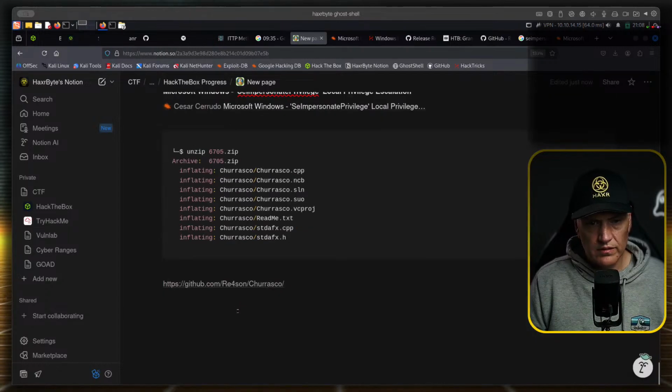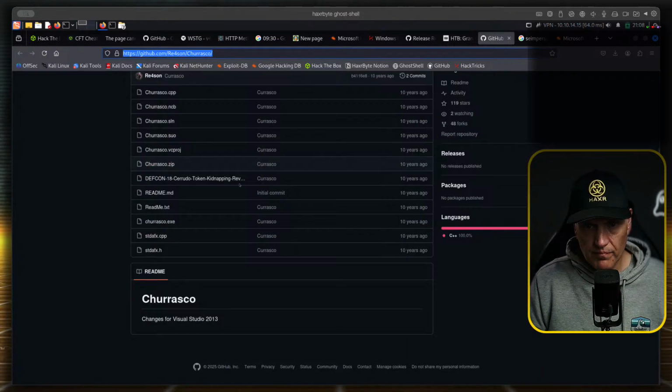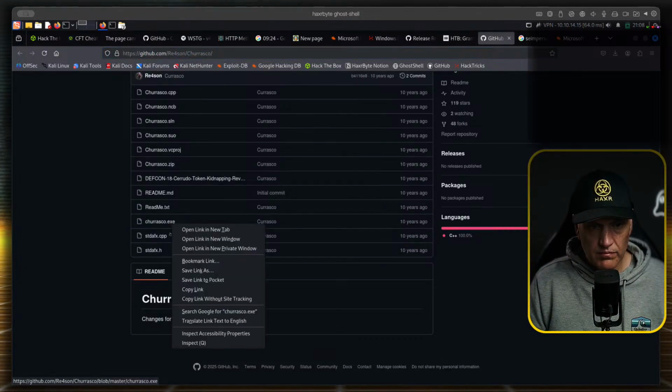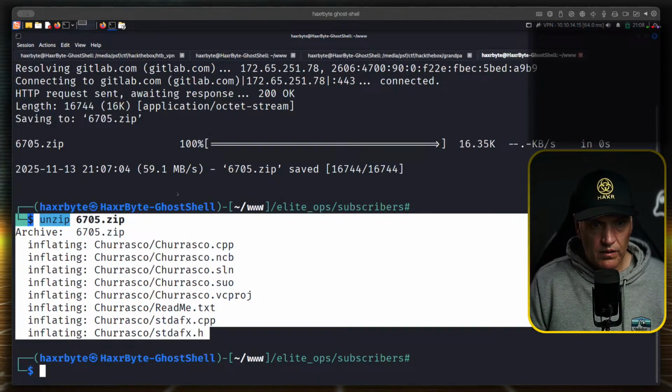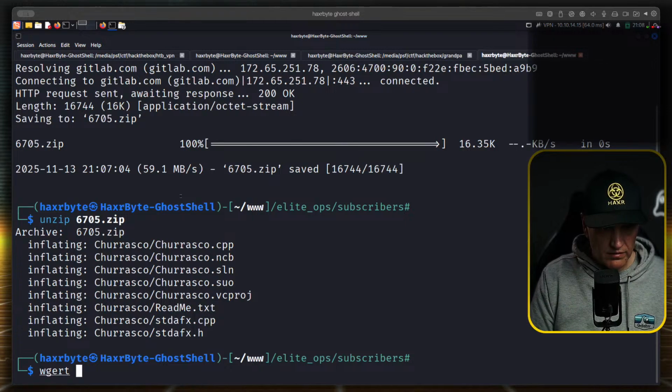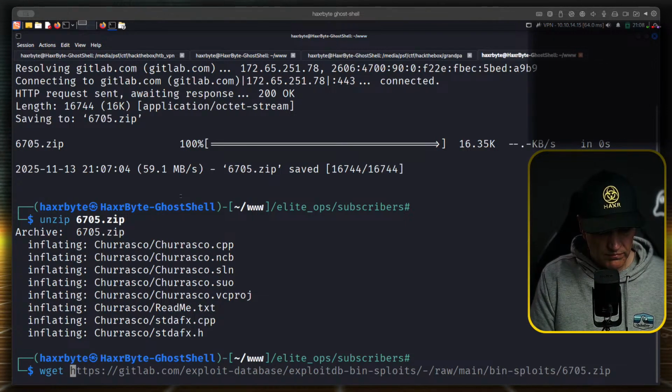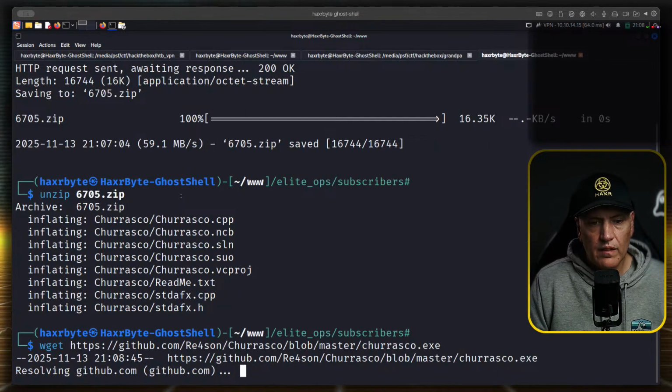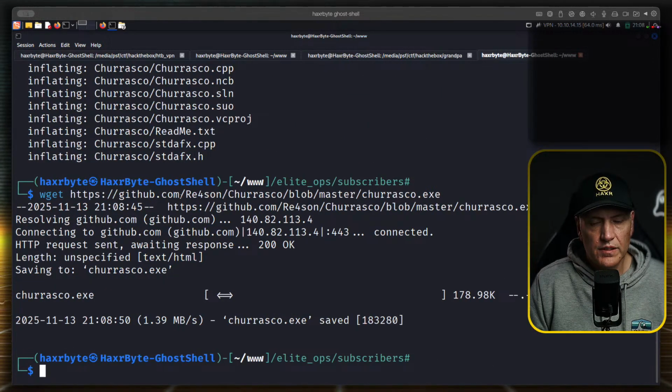Come on. Okay. Copy link. Duplicate. This box is so old, it's actually difficult to open.